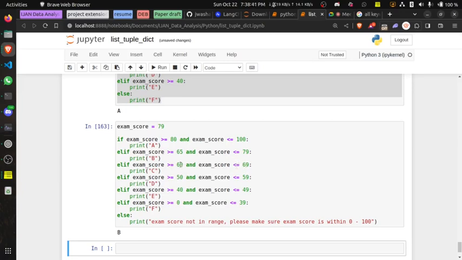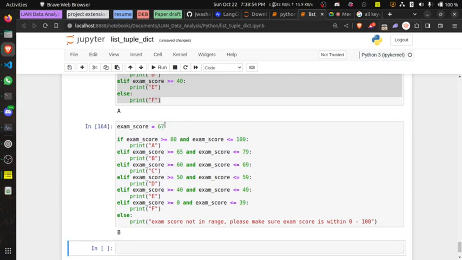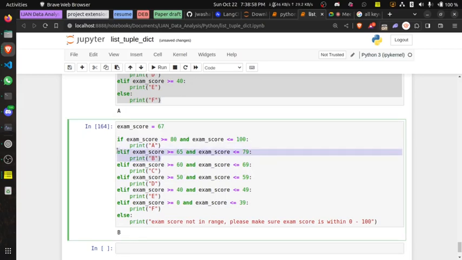The order in which it is arranged is the way it is checked. So if I have something like 67, 67 will fall in this first one, because it's the one that will be executed first. So it first checks, is exam score greater than or equal to 65?